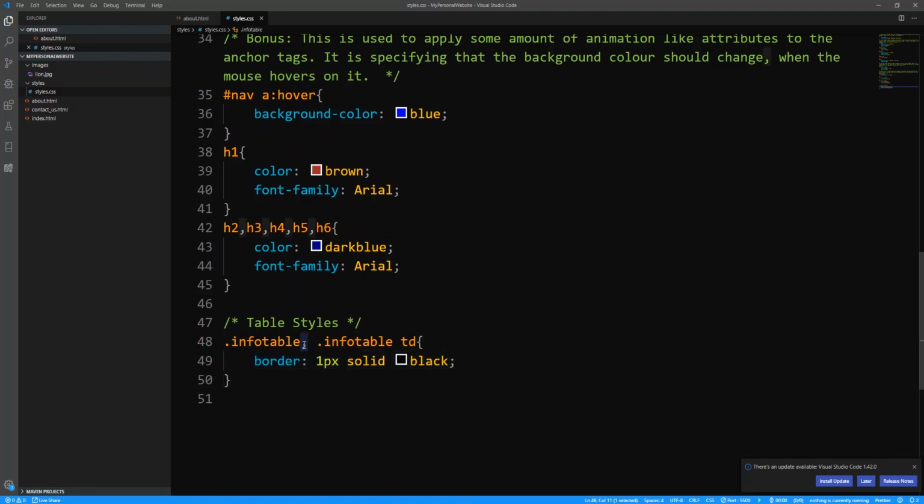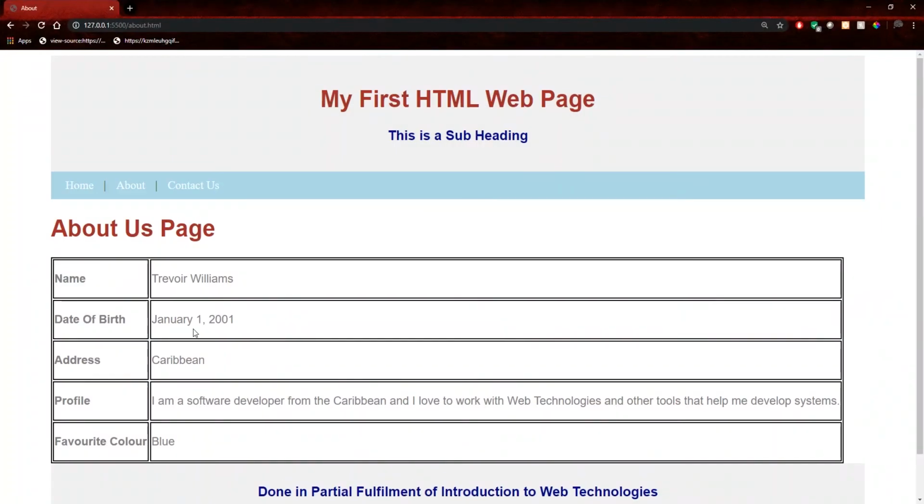So the comma just acts like how it acted with the H1, H2, comma H3 through 6 here, where all of these are just sharing the style. So I'm saying that the table itself should have the border and the table data tags inside of the table should also have this border. All right. So when I do that and I go back, you see now that it's looking a bit more